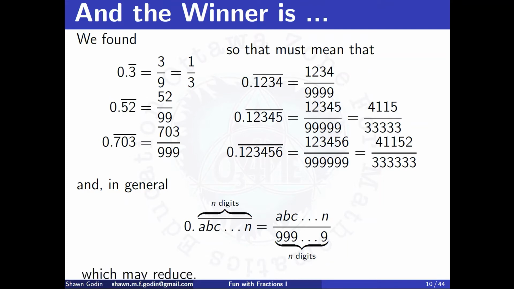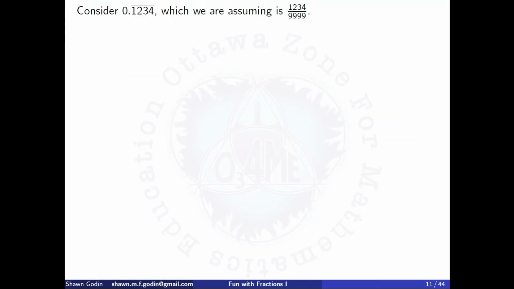So let's take a look at an example. Now keep in mind that these things also may reduce. So we can see what the thing's going to be, but we might have to reduce it afterwards. So let's look at an example and show that our pattern works. So if we took this 0.1234 repeated, which we're assuming to be 1,234 over 9,999,